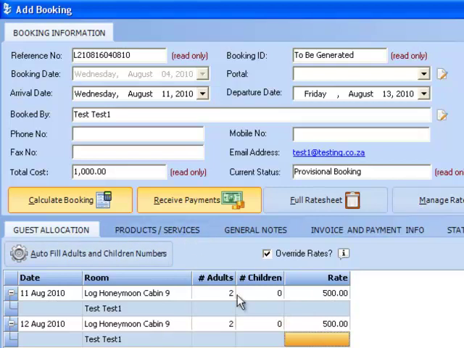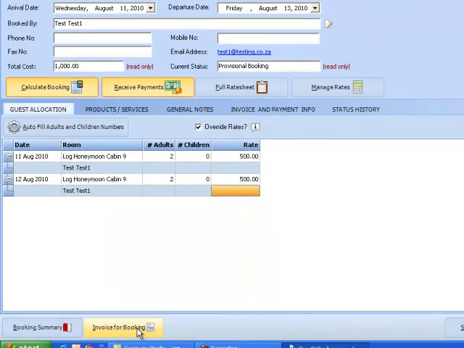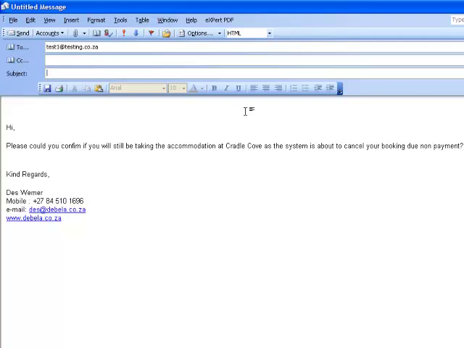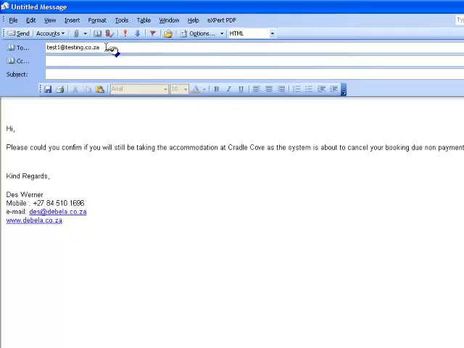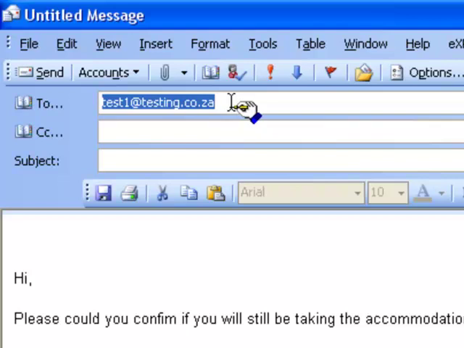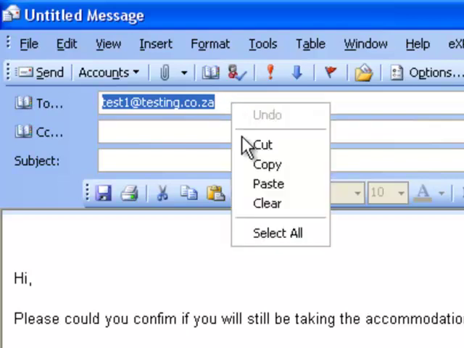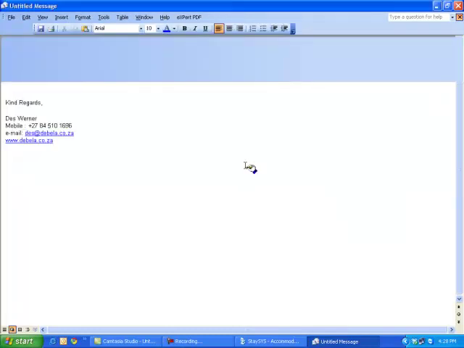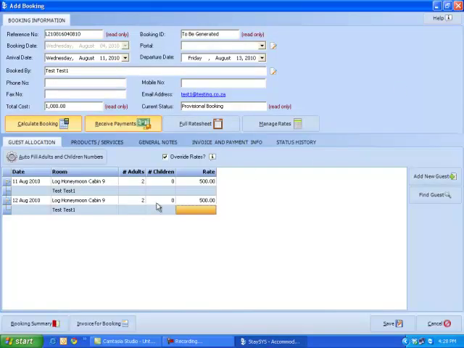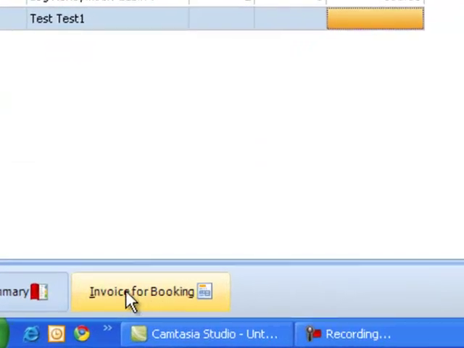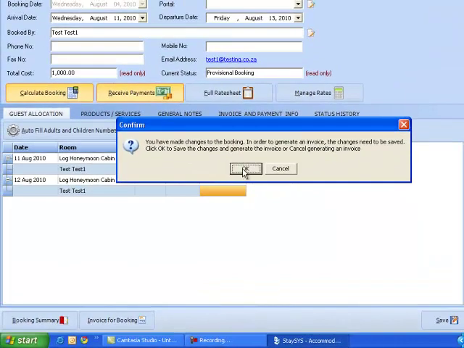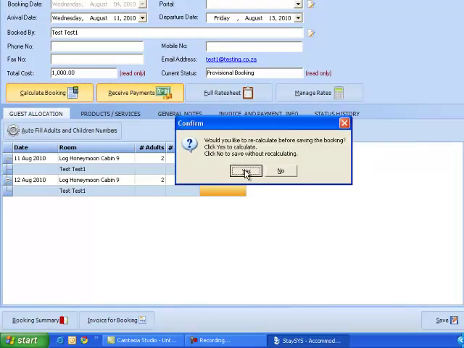Right, so if we're happy with this, and now we want to send the customer an invoice, the easiest way I find is just to click on the customer's email address. It'll open up your email, double click, or triple click rather, on who it's to, then right click, copy that email address, and then you close your editor. You want to save, say no, and you close everything up. Now go into the bottom, invoice for booking, PDF booking. It's going to ask you to save. You just say yes,